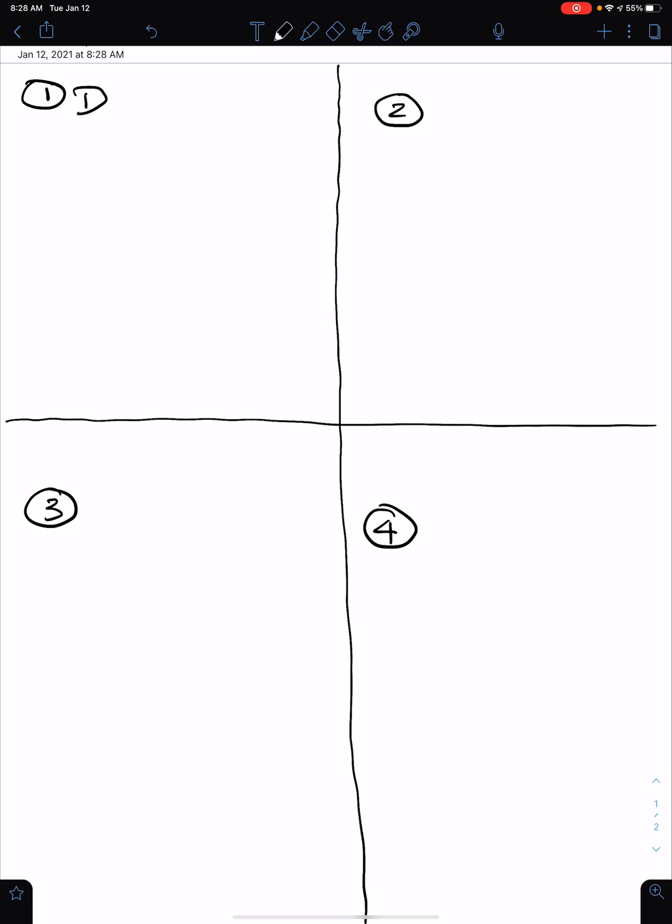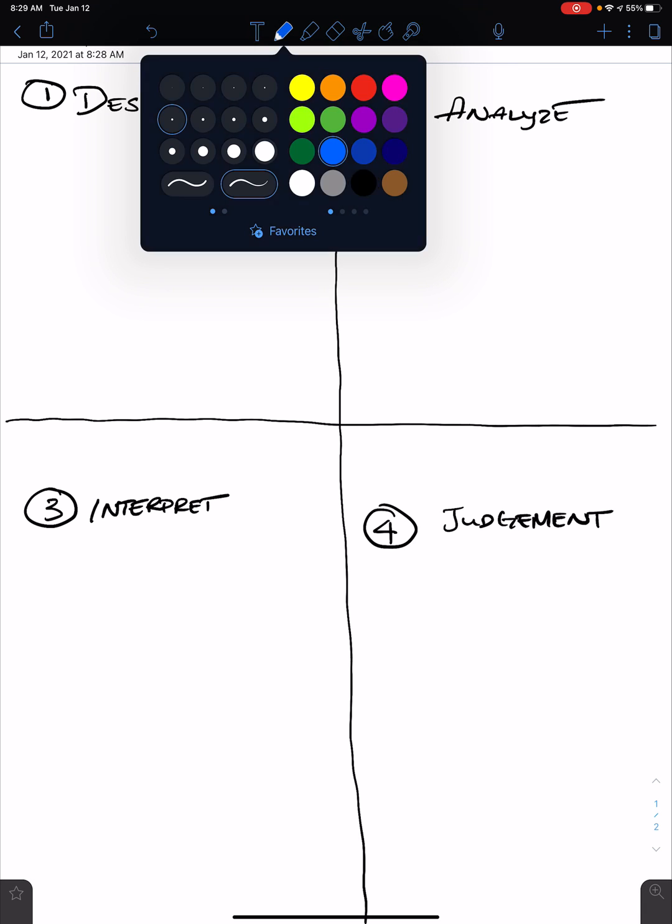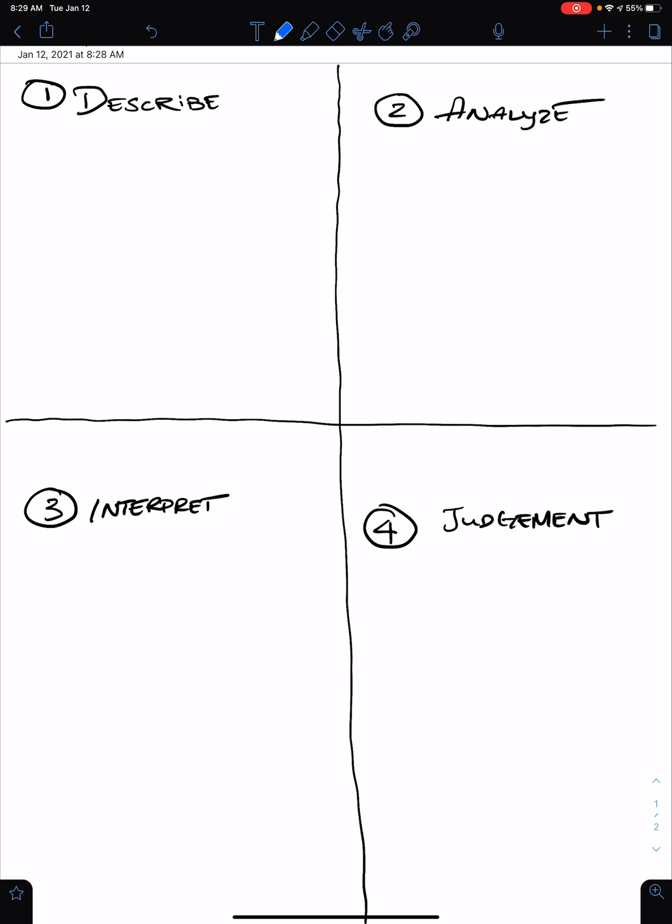So you want to go ahead, you want to make your boxes. The first step is to describe. The second step is to analyze. The third step is to interpret. The fourth step is judgment. And when you're listening to other students present, I want you to make this graphic organizer. The essential questions in your journal are